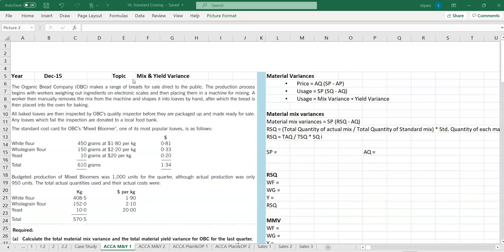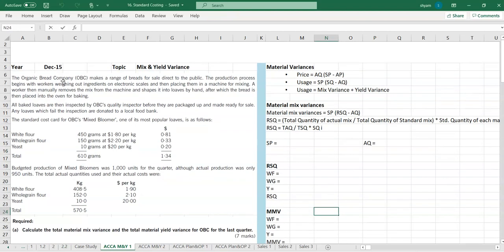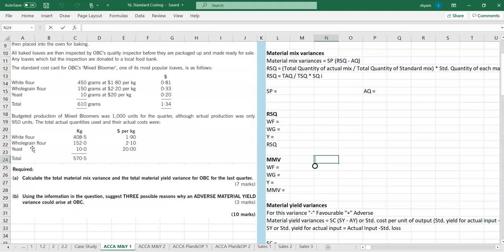So we'll start from the mix and yield variance. This question was asked in the December 2015 question paper for ACCA, and this is the question here. Required: calculate the total material mix variance and the total material yield variance for OBC for the last quarter,